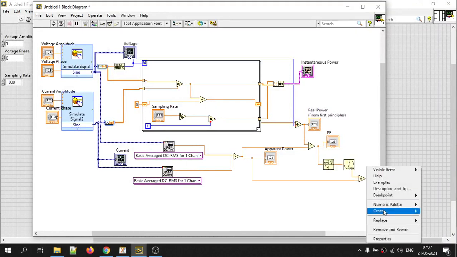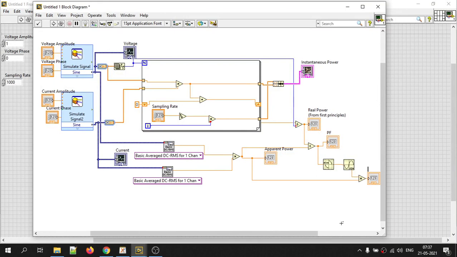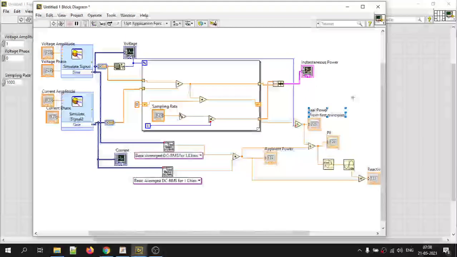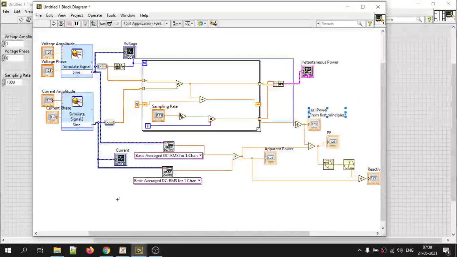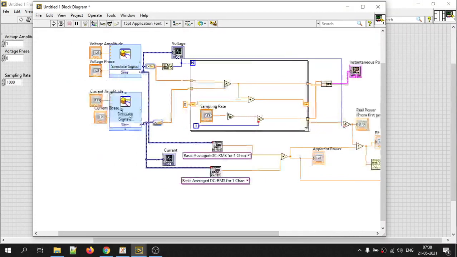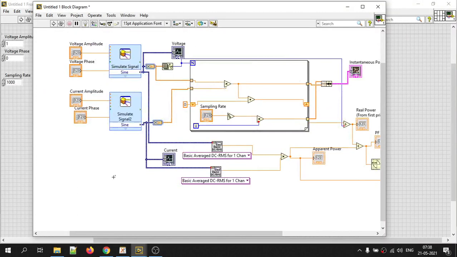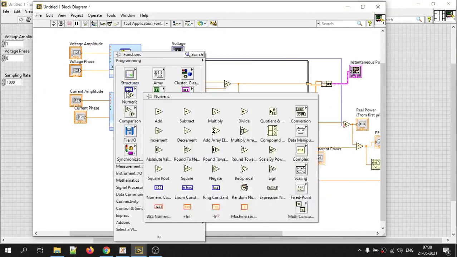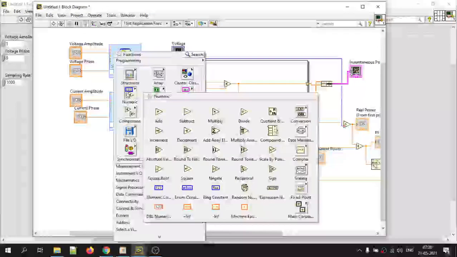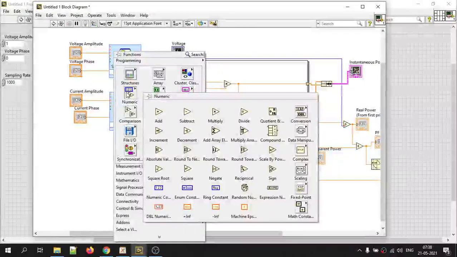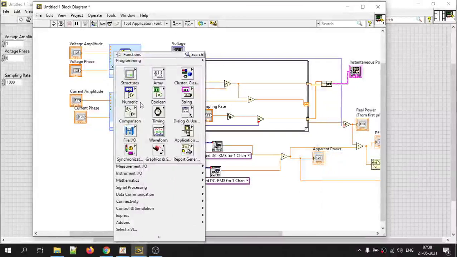Let us create an indicator here. This is reactive power. Okay, it will work fine. Okay, just in order to compare the result of the real power calculated from our first principles, let us try to evaluate V cos phi manually, because we are manually giving the voltage phase as well as the current phase, so we know the phase difference. Okay, it is just for evaluation. In practice we do not use it, but for doing the experiment and for evaluating whether the calculations are correct, we are doing this.